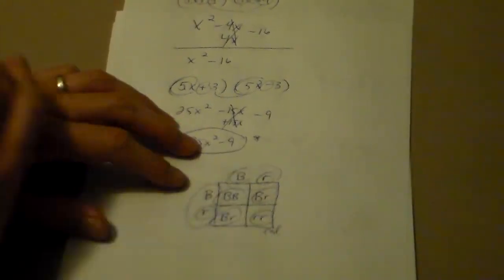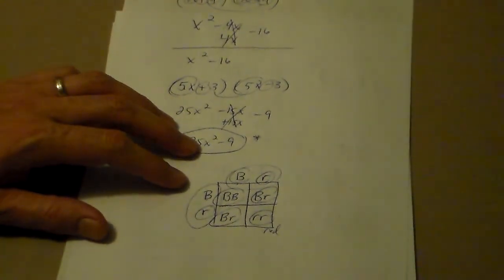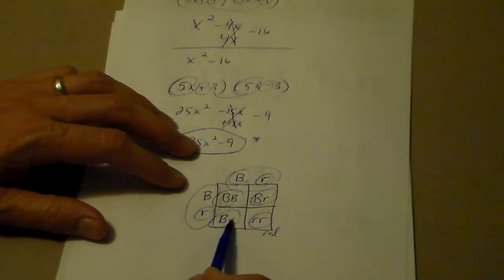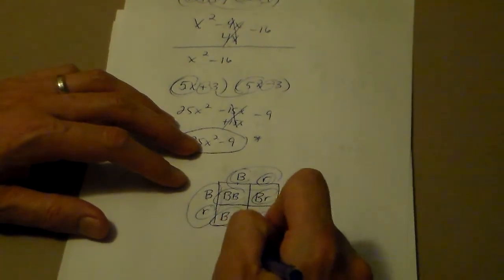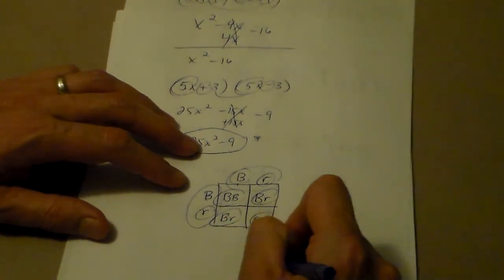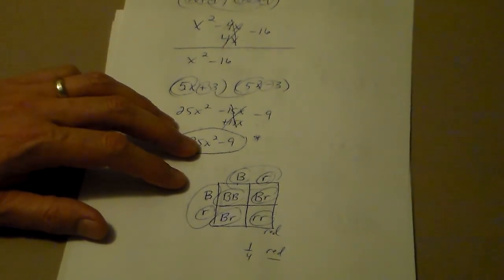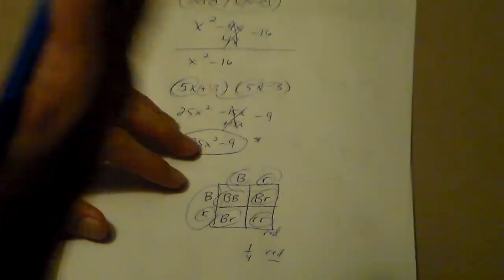So if you took these 2 parents and they had an offspring, what's the probability that they get a dog with red patches? Well, 4 things can happen, and only one of those is red. So there'd be a 1 in 4 chance that the puppy got red patches. That's if the parents were the ones that were,